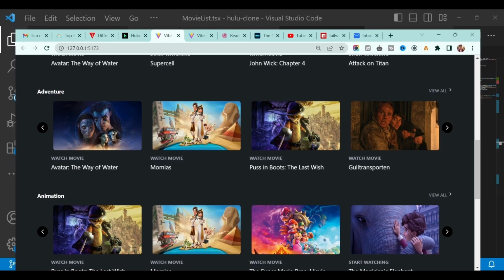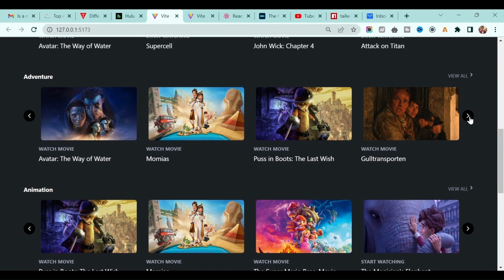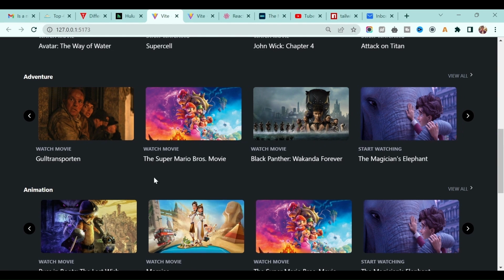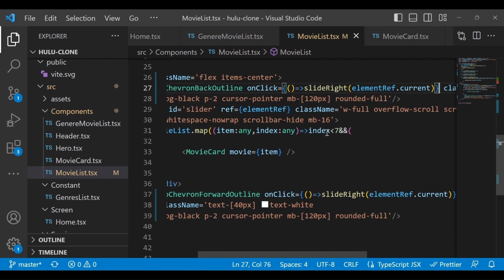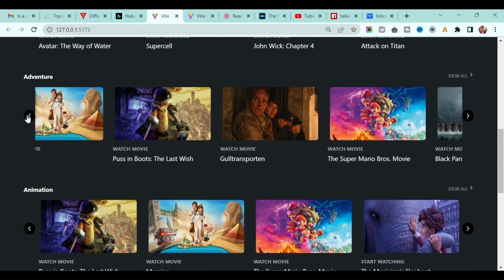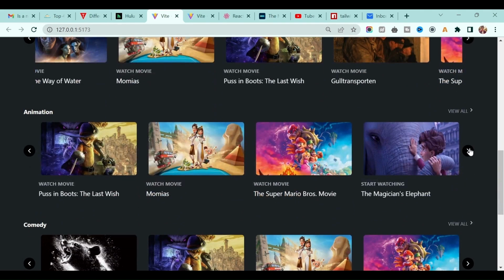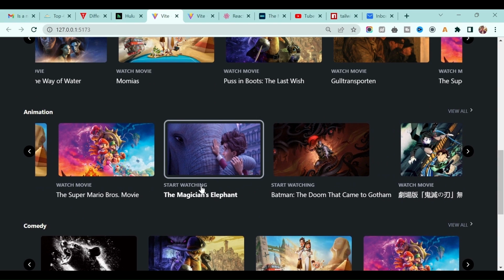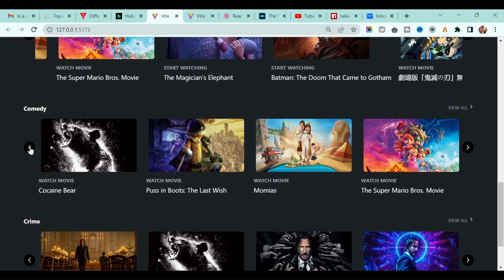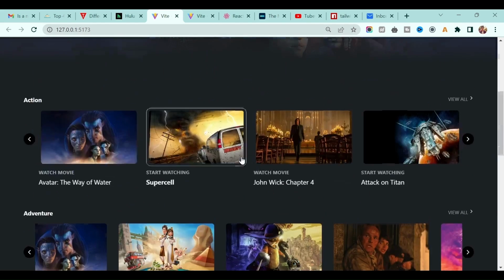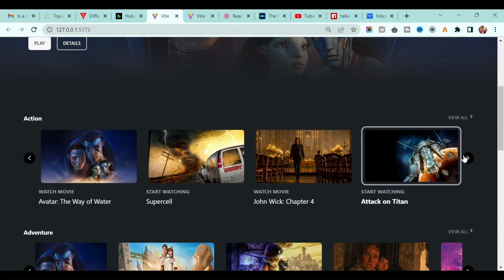Okay. And if you go back to the application now, let's try it. If you see, it's scrolling, correct. If I want to scroll back, it's not working, right, because we added the scroll right. Okay. So it needs to be on left actually. Okay. Go back now and click on it, scrolling back. Okay. Now if you try this one as well, it will work. Okay. Because of the current reference which we use, it helps to detect which slider and which click event happen. You see, perfect. So I hope you understand this arrow function as well.